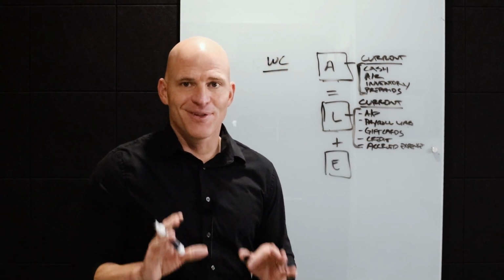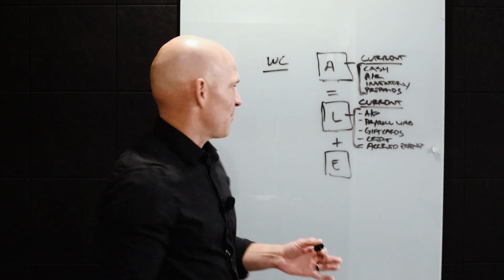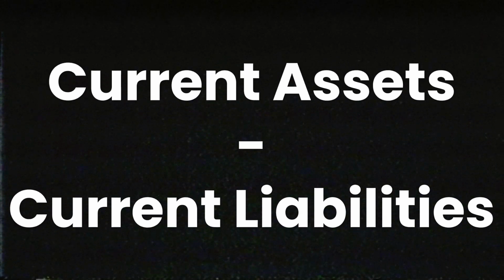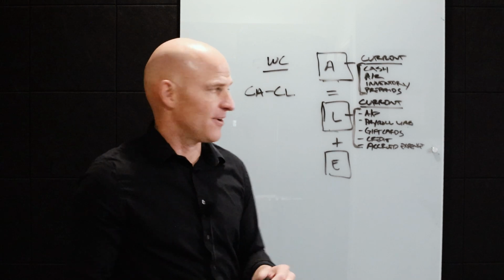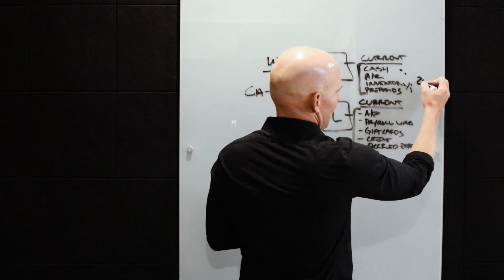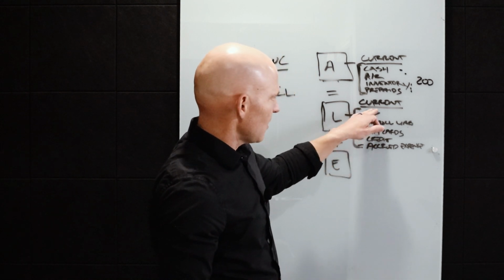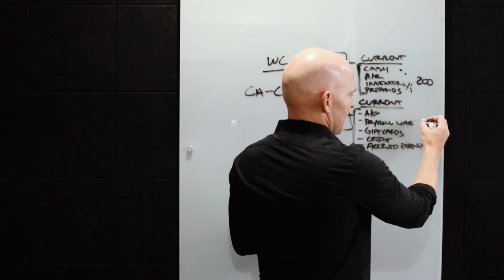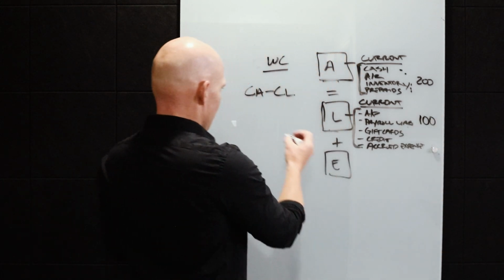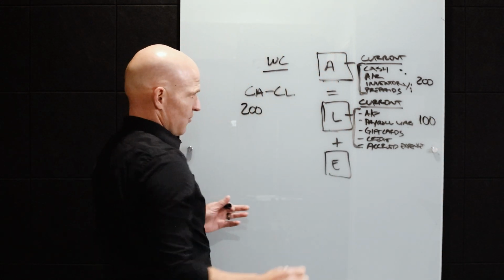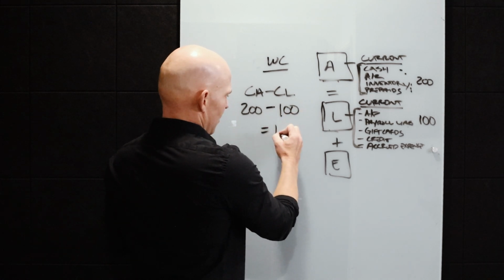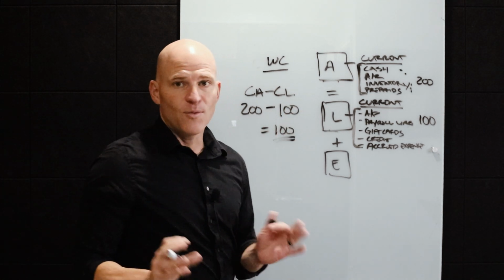So the most simplistic definition of working capital is this: current assets minus current liabilities. All right, that's the textbook answer. So let's just say you take all these account balances and they add up to $200. You take all these amounts right here under current liabilities and they add up to $100. Therefore, you would have current assets of $200 minus current liabilities of $100, and you have working capital of $100,